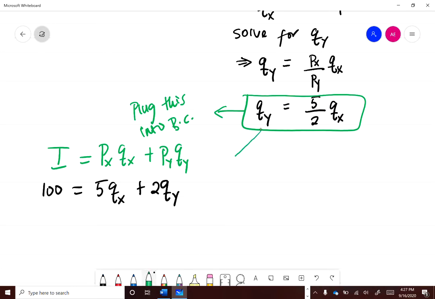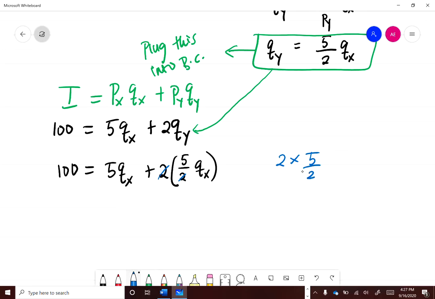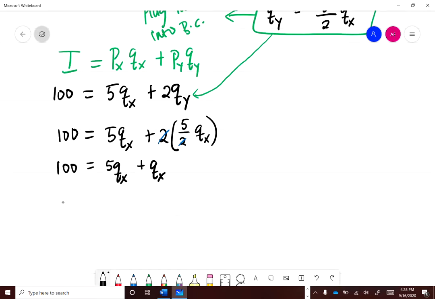Q of y here. So we have that 100 is equal to 5 Q of x plus 2, 5 over 2 Q of x. These two can cross out, right? So we have 2 times 5 divided by 2 is 2 over 1. So they can cross out and we're left with just 5. Okay. So we have 100 is equal to 5 Q of x plus Q of x. Then 100 will be equal to,